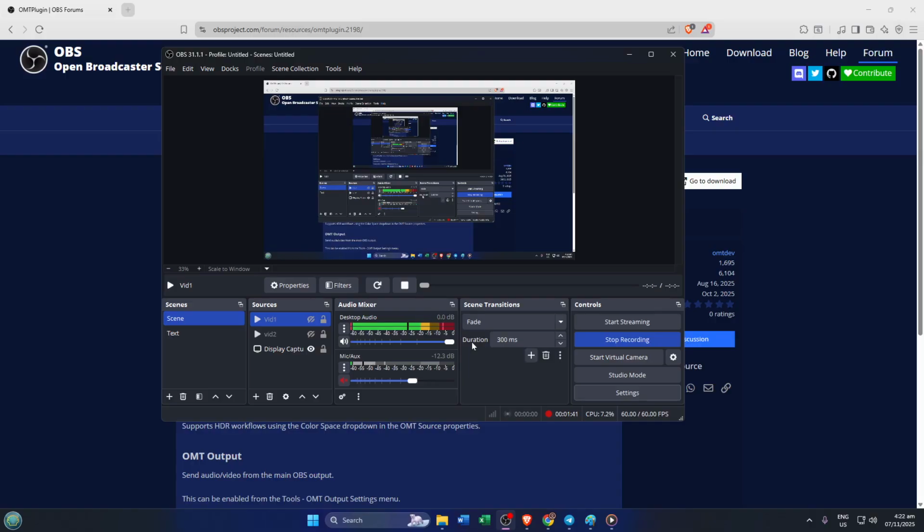So that's how you add plugins to OBS Studio, step by step, and now with all the extra tools at